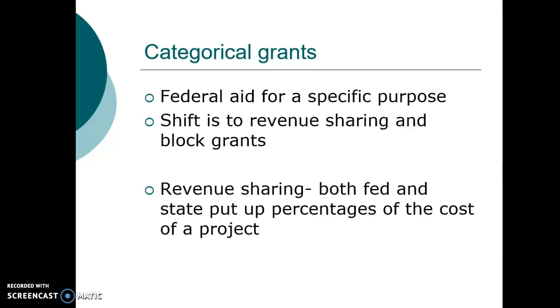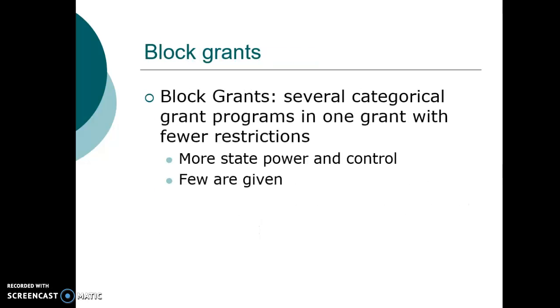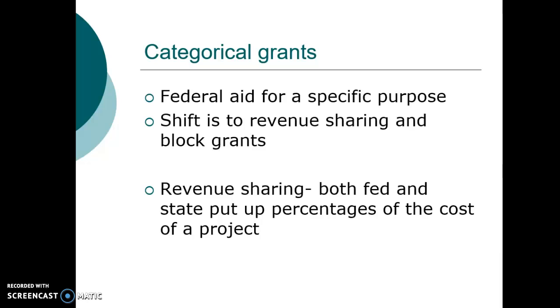But we also have grants in aid, which we call the categorical grants. These are grants from the federal government that are very specific. They have to be used for the purpose the federal government says they have to be used. They're categorical grants. This is tax money the federal government generates from all the 50 states. It hands this money back to the states. The states have to use this money the way the federal government says the money has to be used.